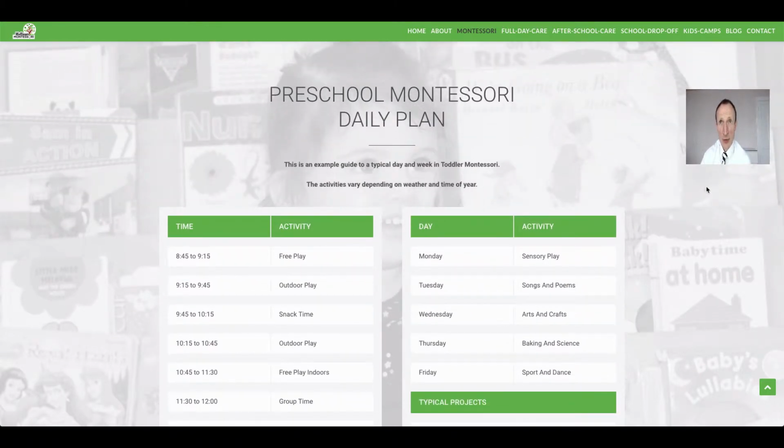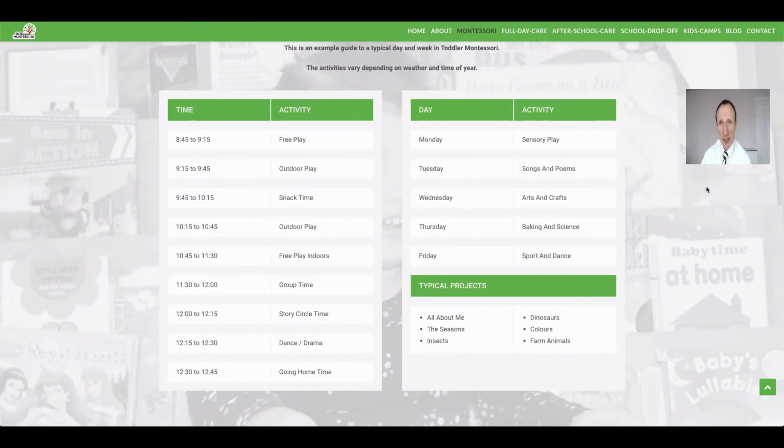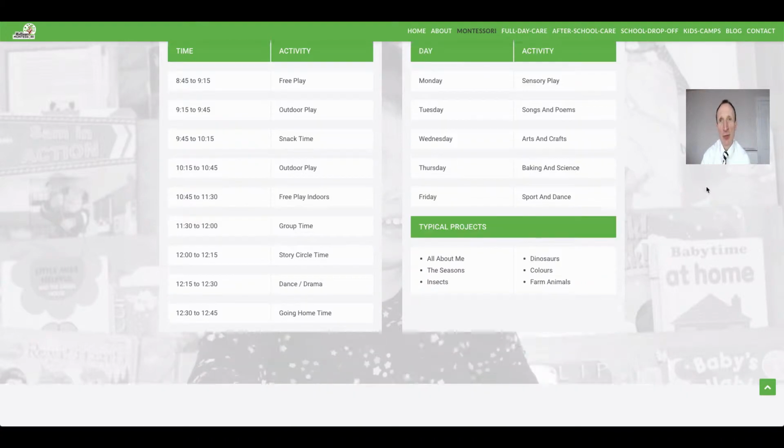The preschool Montessori daily plan is something that we wanted to include because it's important that people know exactly just a huge range of activities that takes place in this school. They pride themselves in having a huge amount of equipment and a huge amount of variety to everything that they do,